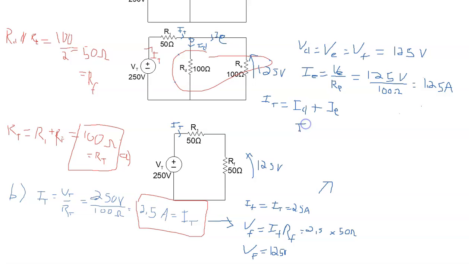or ID is equal to IT subtract IE, and we have 2.5 amps subtract 1.25 amps. And we see then that these two equal resistors will have divided the current equally, and so that ID is equal to IE, both at